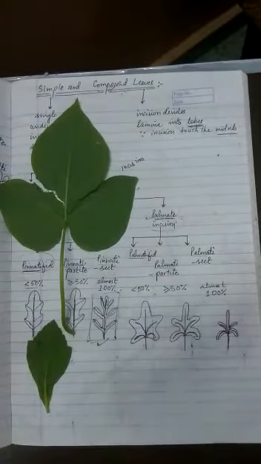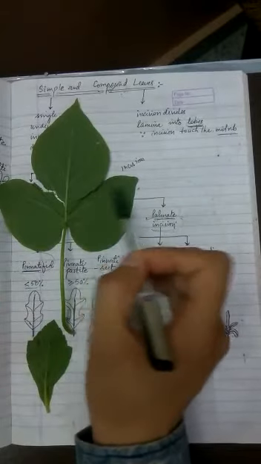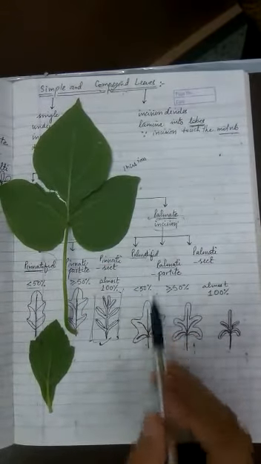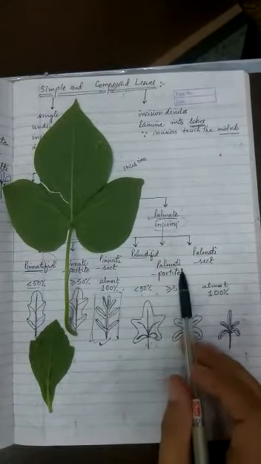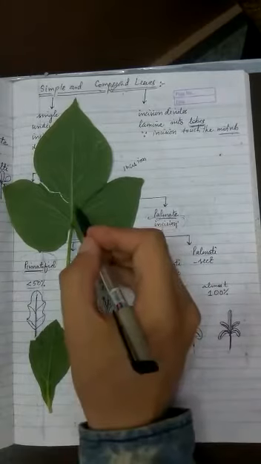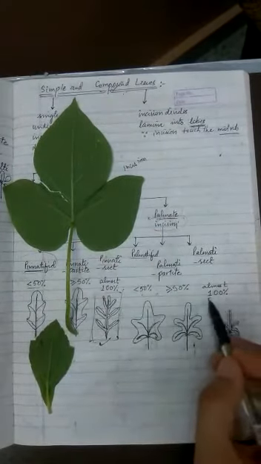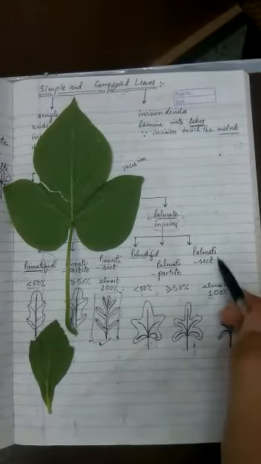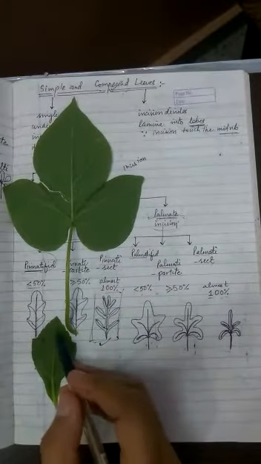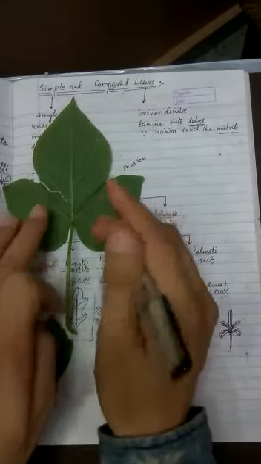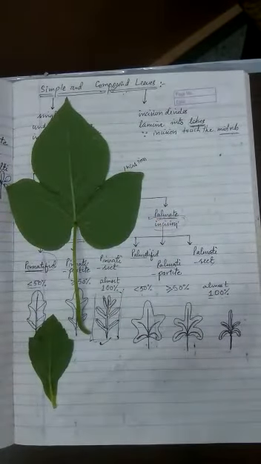In the same manner, it can be palmate incisions also. If the incisions do not reach even 50% of this side, you will call it palmatifid. If it reaches 50% and more than 50%, it is called palmatipartite. And if it reaches almost the midrib, almost 100% but not 100%, you will call it palmatisect. Remember, in this leaf the incision reaches the midrib. In this case, they reach the main point, because this one is multicostate and this one is unicostate.